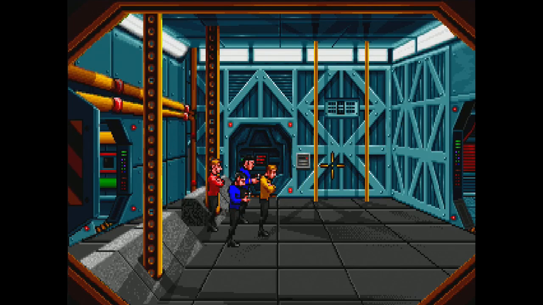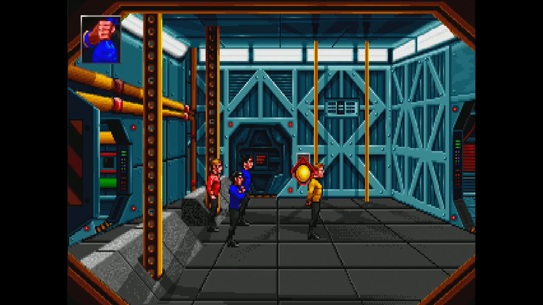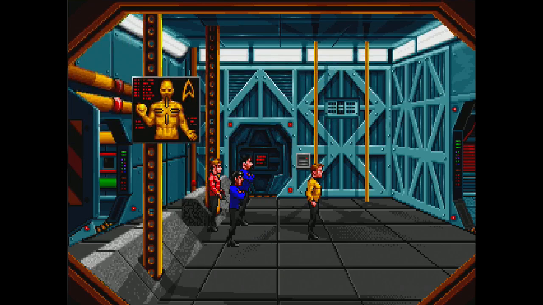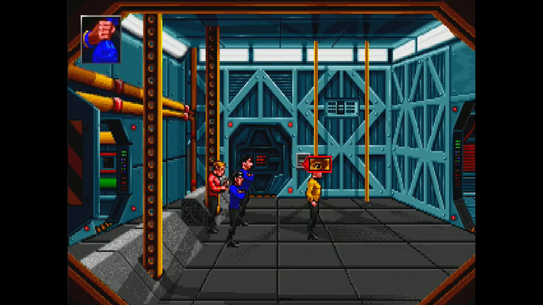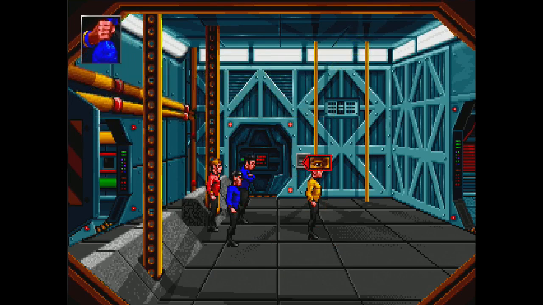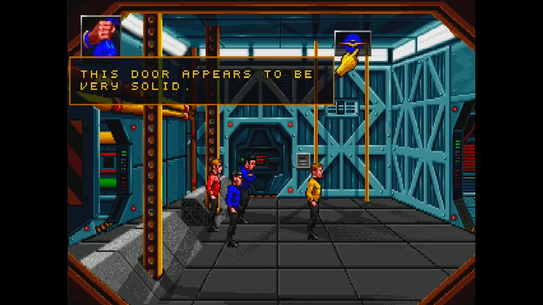Alright, so we're in this part of the station. There's nothing at the moment for me to do. Let's get a look at some things. This panel is designed to receive an ID card to make the door open. Okay. This door appears...